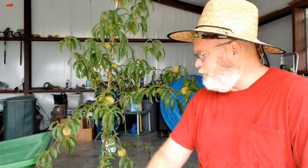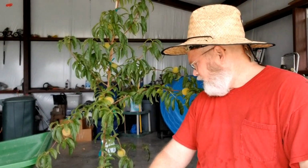So what I want to show you here, hopefully it will work out. The circumference is probably about a good 12 inches around, or maybe a little bit larger. I need to dig a hole that's probably closer to 24 inches, and I've got the camera on the